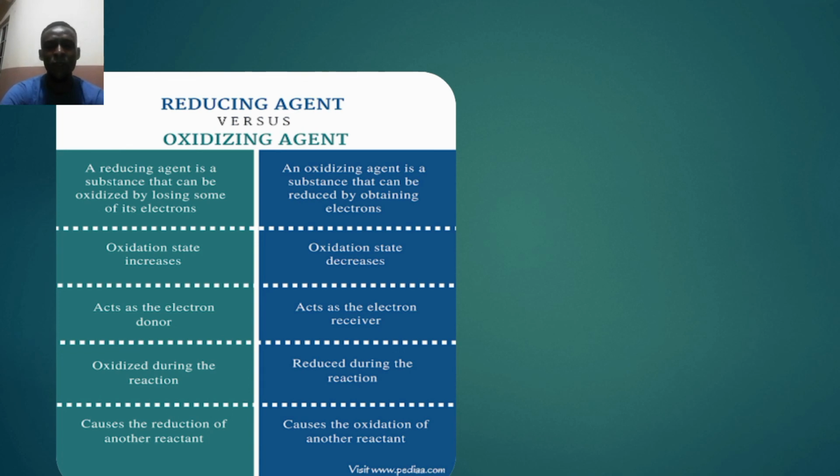Now let us look for the simplest one. You could go with any of these, but let's say the oxidation state increases, and it acts as an electron donor. Let us go with that. Let's go with number 3 and number 4: acts as an electron donor. Now if you are a reducing agent,